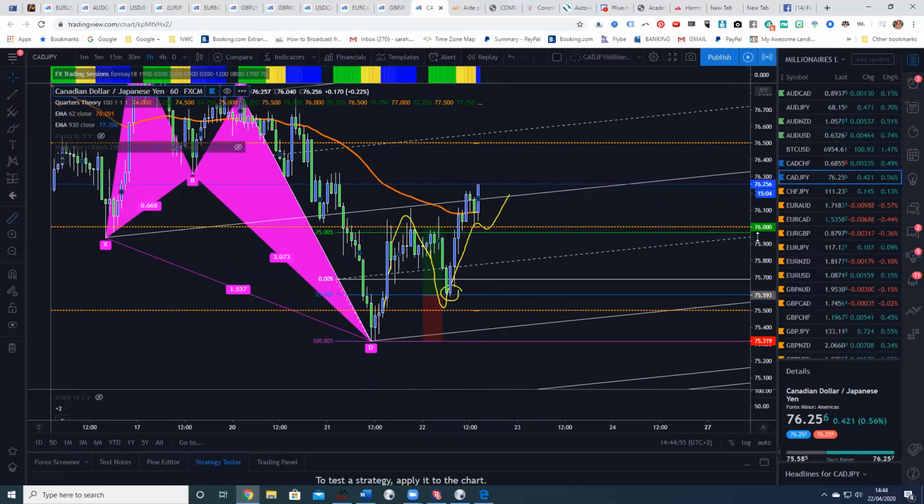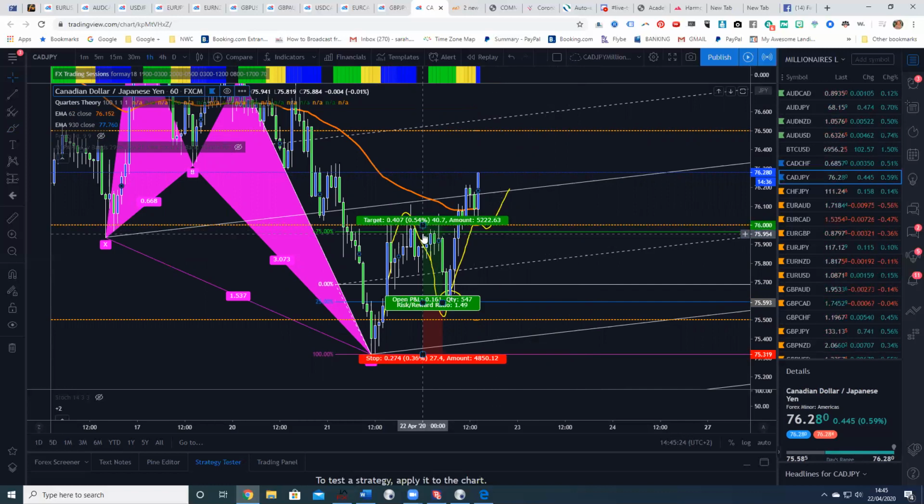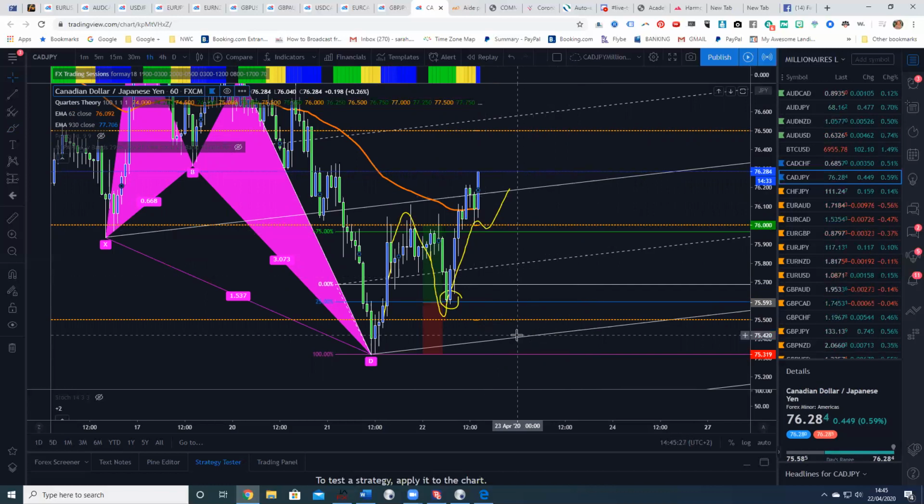But instead of giving you this level at 75.967 or whatever it was I recorded on the watch list, I gave you a take profit of 70.76, which is the orange line. That was an extra 3.3 pips, because I knew if it were to come up this far, it was going to want to hit quarter theory. So I was quite pleased at being able to show you how you can use quarter theory and sometimes pitchforks,